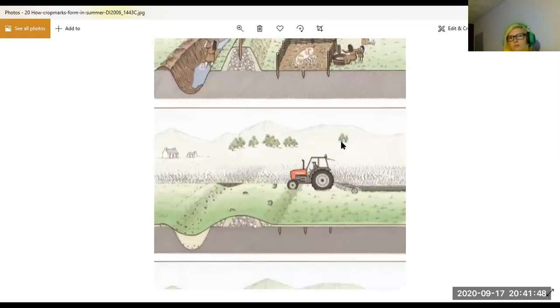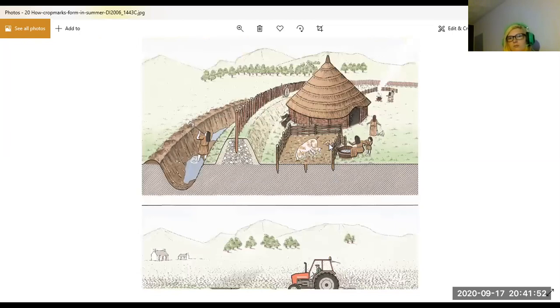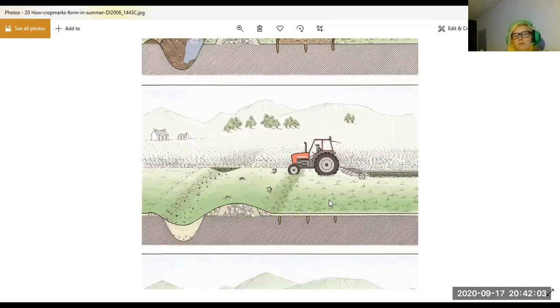You can imagine in the past, you've got this Iron Age settlement. They've got a nice ditch. You've got a bank and a palisade. But as the years go by, this is very difficult to understand on the ground. But by using vertical aerial photography, you could take photographs of the ground and actually see probably maybe